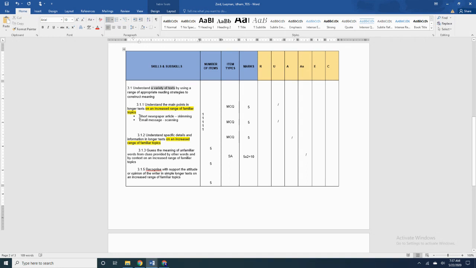Okay, you can actually sit down and brainstorm a range of familiar topics and then select the five most familiar. However, this familiarity should be in an increasing range. It gets more complex as you get to the higher number of texts here. All right. So if you do have this presented in your TOS, debug it, guys.